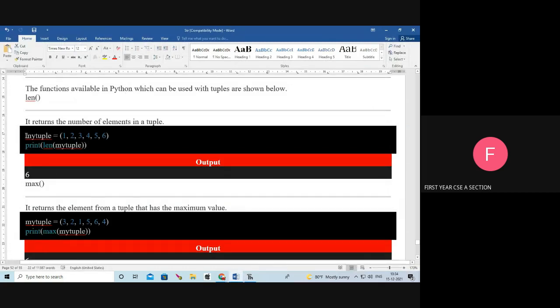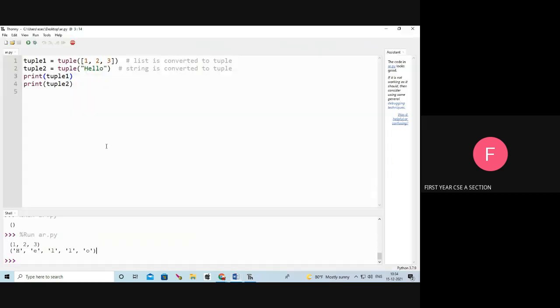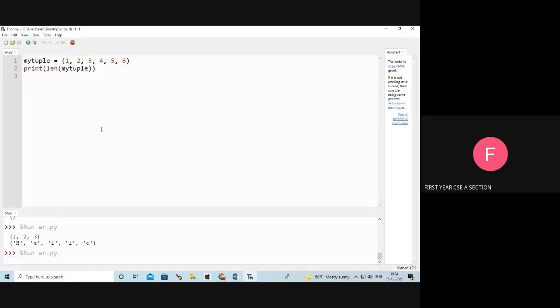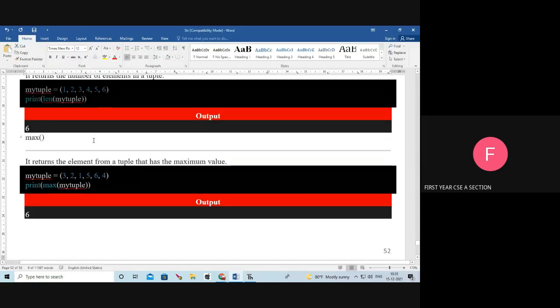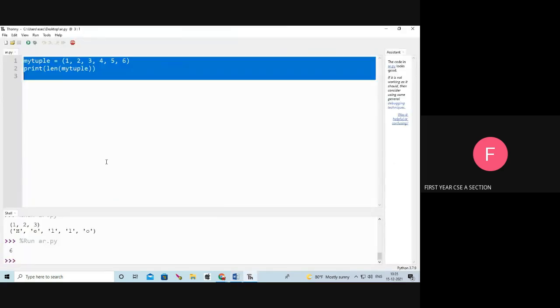Next one, tuple functions. See, here, len of my_tuple. What is the length of the tuple? How many items are there in the tuple? 6 items, so it returns 6. Next, max of my_tuple.